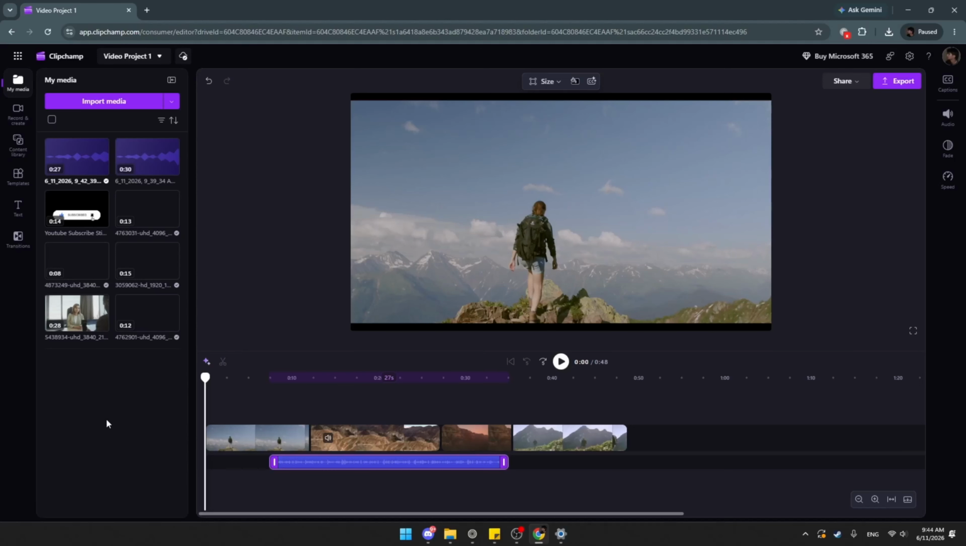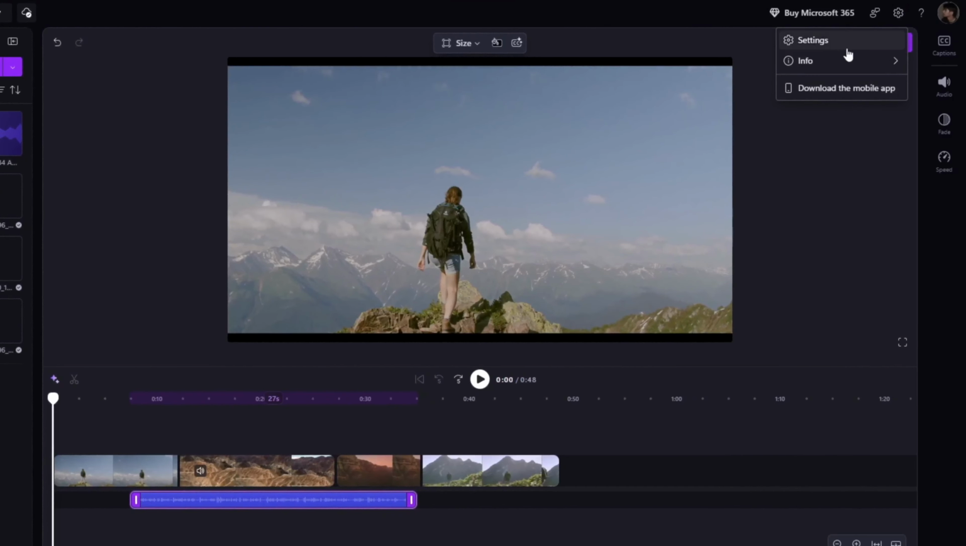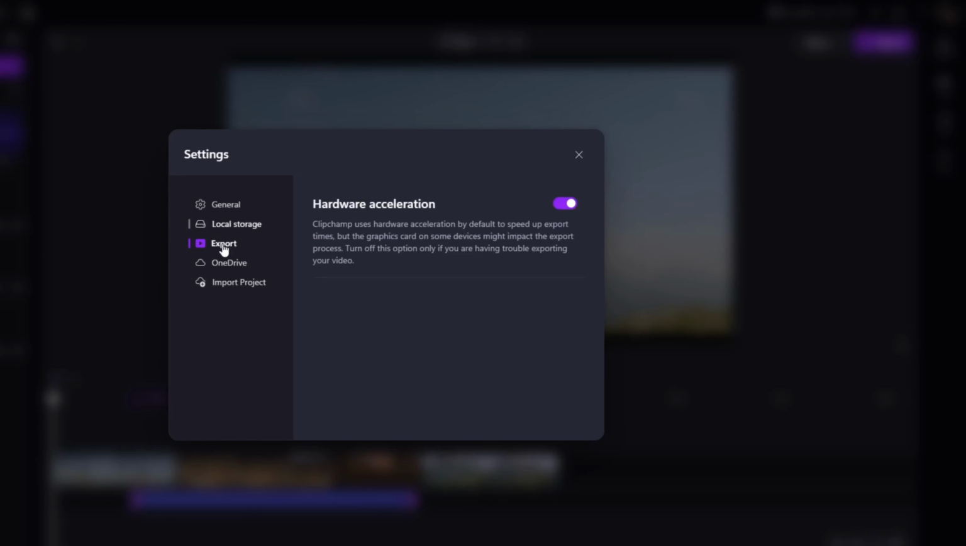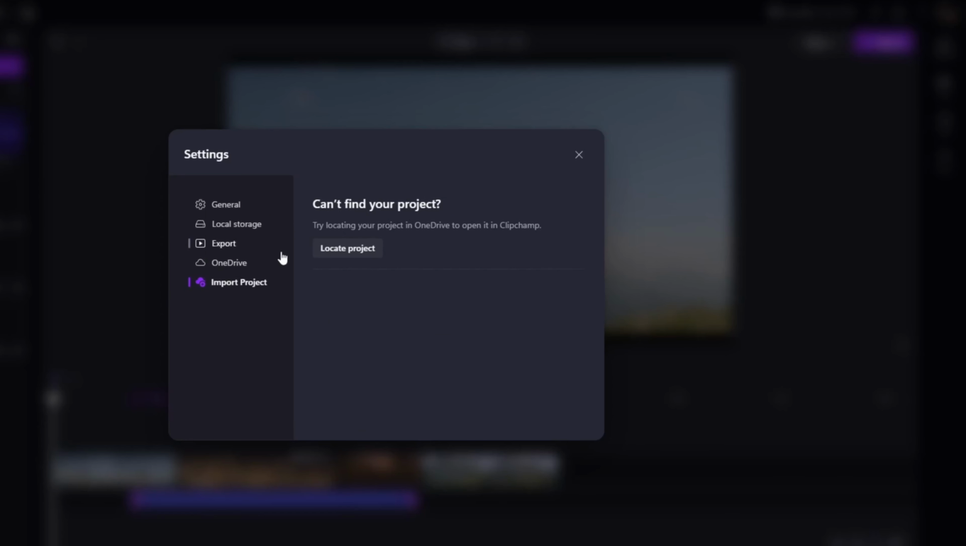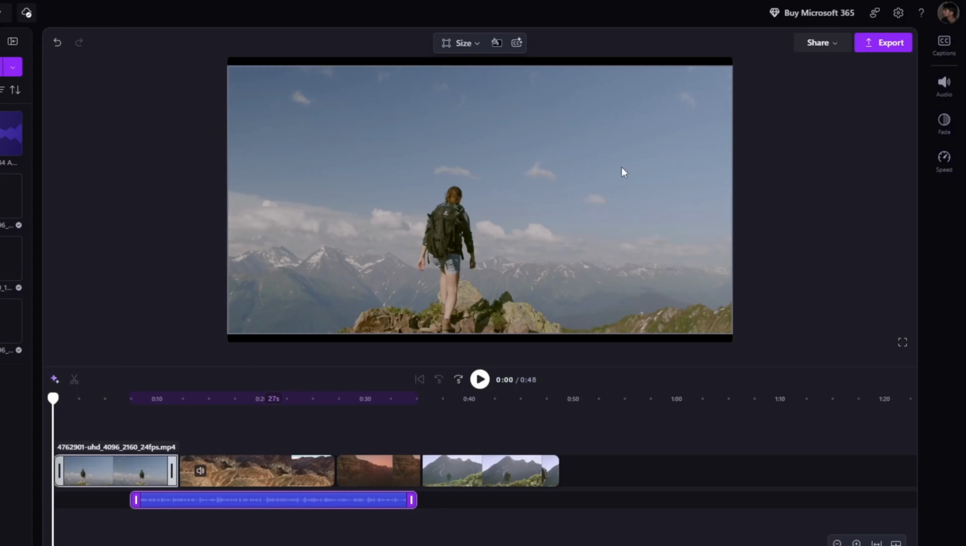Hey there friends, in this video I'm going to be showing you how to change your microphone settings inside of Microsoft Clipchamp. So if you'll notice when you open the settings menu, there isn't really much you can configure. You only have your general, your local storage, your export settings, your OneDrive, and your project import buttons. You don't really have the customizability of adjusting your inputs, and that's because your inputs are usually handled by a